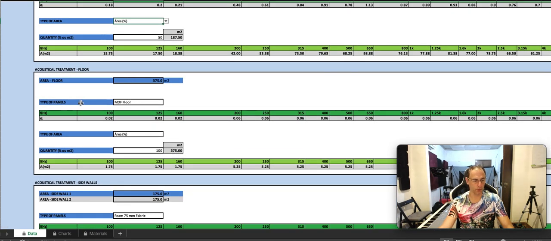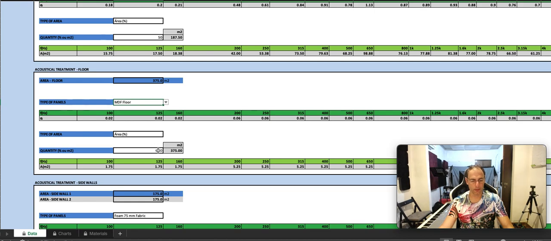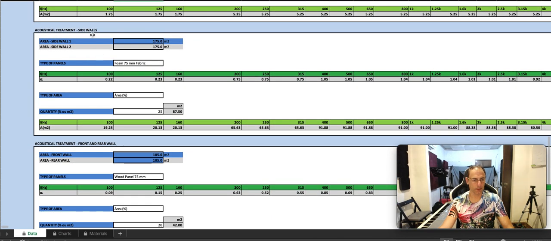So I'm going to keep the floor with the rigid material. So MDF floor, totally cut. So the percentage will be 100%. It's okay. And then I have the side walls. The side walls I'm going to change. For instance, I'm going to use